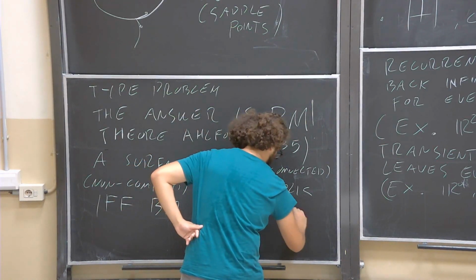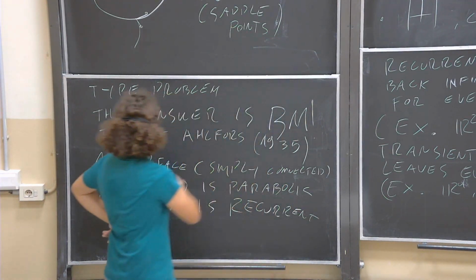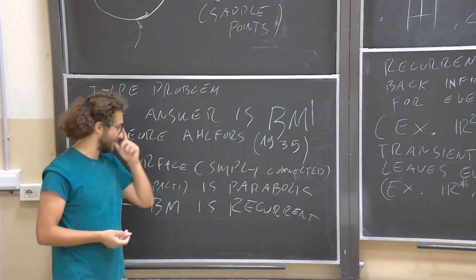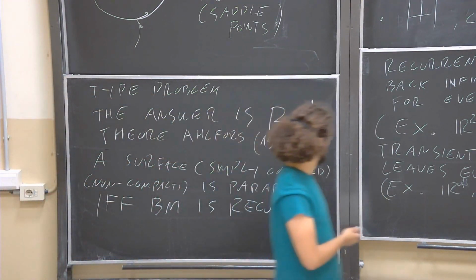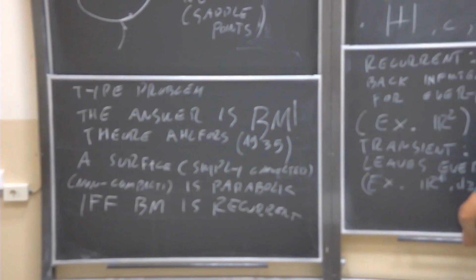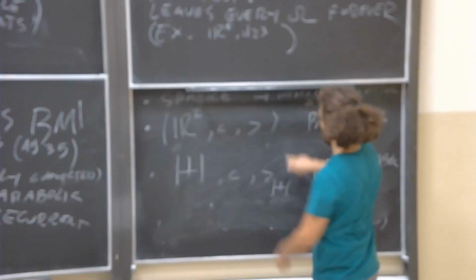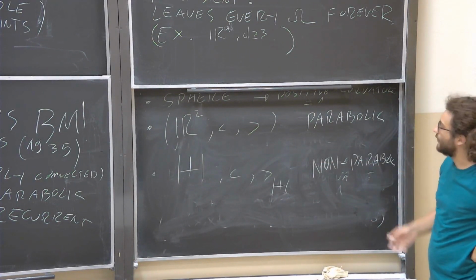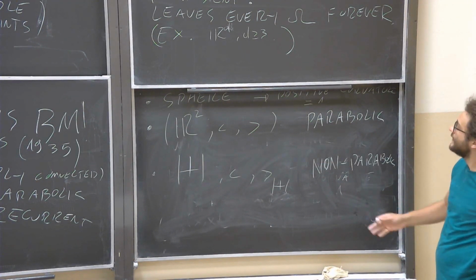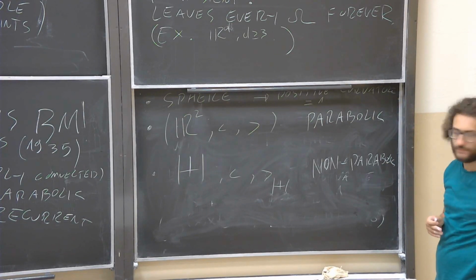This is a surprising link. Okay, this is more or less a really old result. 1935. And so it's more or less established, but it's something that is not really well known. So Brownian motion is the key to distinguish these spaces from these, because it will happen, if and only if, that a non-parabolic manifold, so the ones that are like hyperbolic space, are exactly the transient ones. Okay?